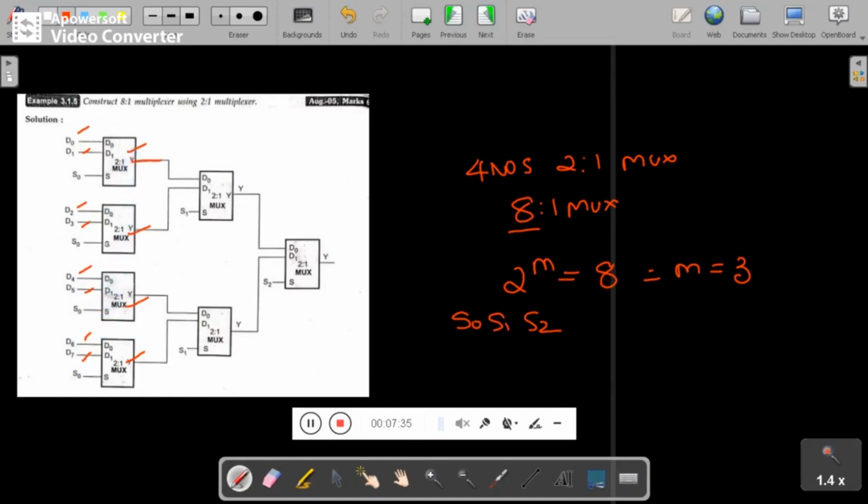And the output of this first mux and second mux is once again clubbed with one more 2:1 mux. And similarly, the third and fourth one is clubbed with once again a 2:1. Similarly, you have to club the outputs of the next stage with once again a 2:1 to get the single output. See, once again we repeat here, mux is nothing but an electronic device which has got many inputs and one output. So in order to get 8:1 mux, you have to connect 2:1 mux in 3 stages. This is the first stage, this is the second stage, and this is the third stage.